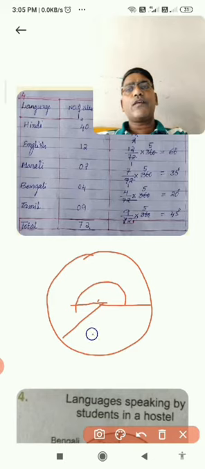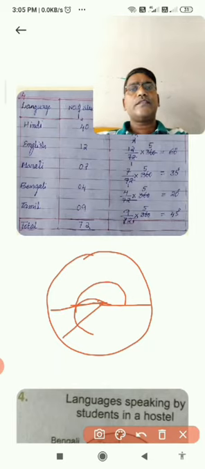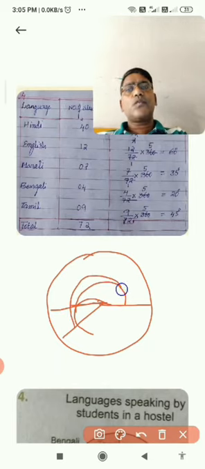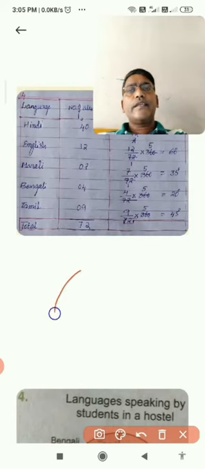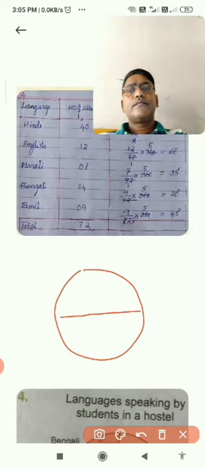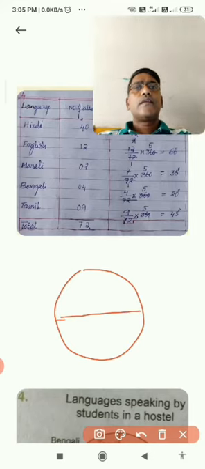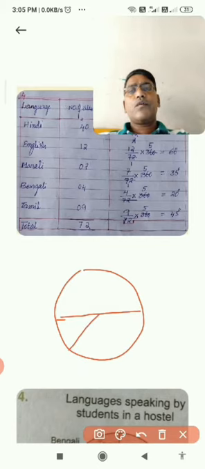And again you are placing the protractor like this. After 180 you are keeping this, and 20 degrees. 180 plus 20 is 200. This total is 200. Then 60 degrees. Now you see in this circle, this is 180. Clear to you? This is 180 and you are taking 20 more, means up to here 200.